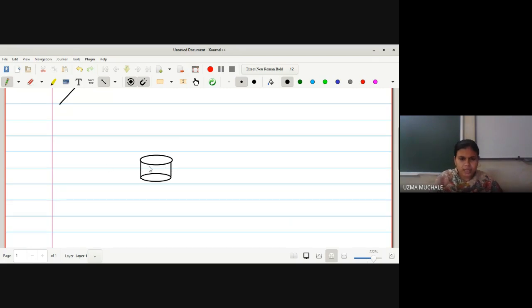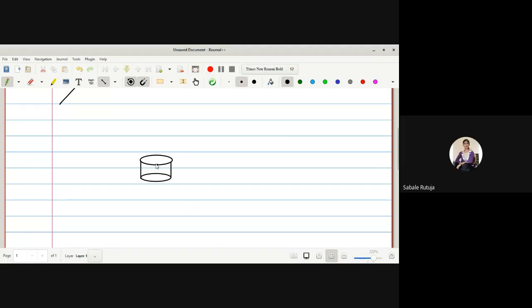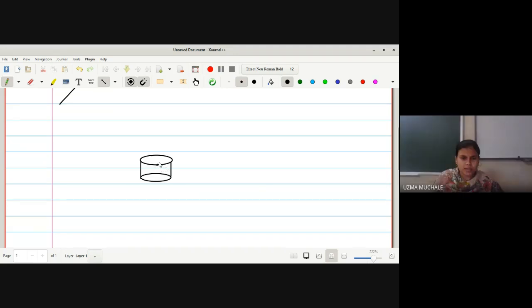Suppose I want to find out the neighborhood for a point P on the corner. Suppose I consider this point P. At this point P, can I find a neighborhood which is entirely contained in x of d? No doubt we can find a neighborhood, but some part of this neighborhood will be outside.